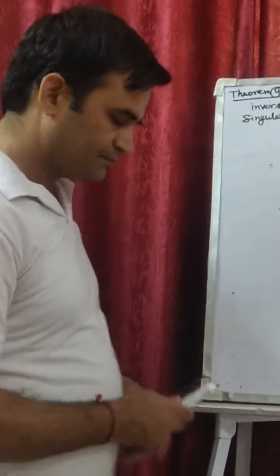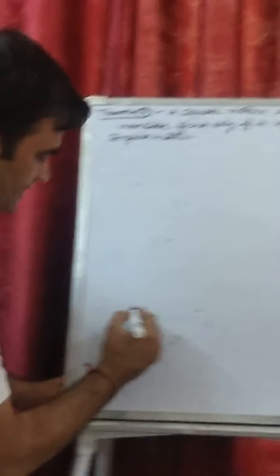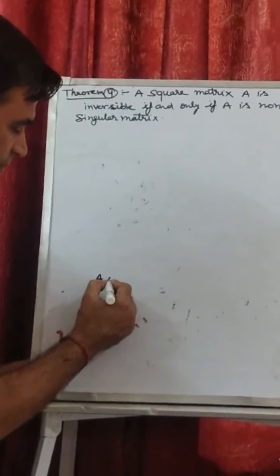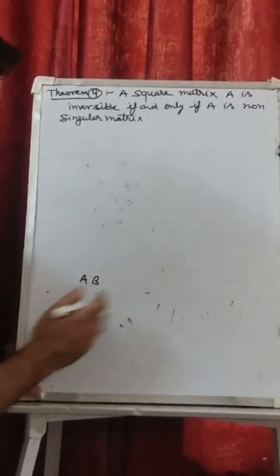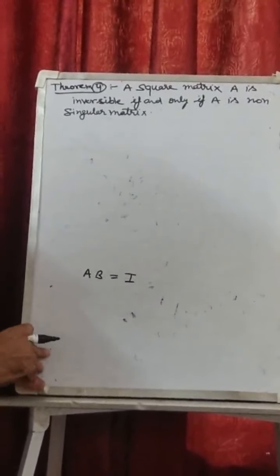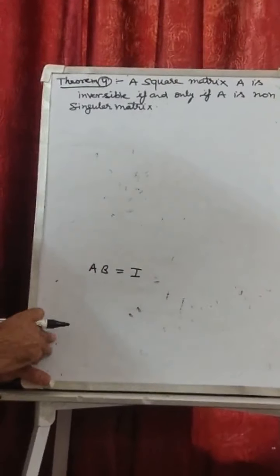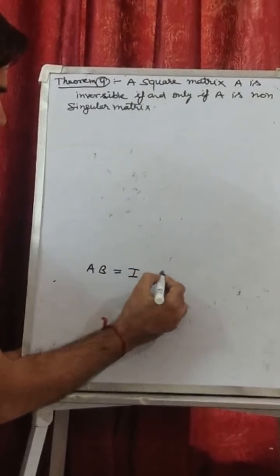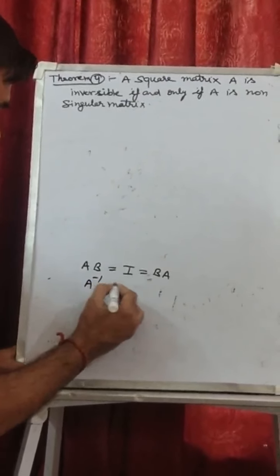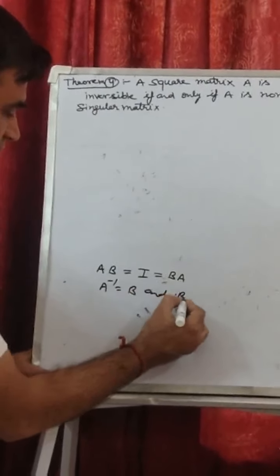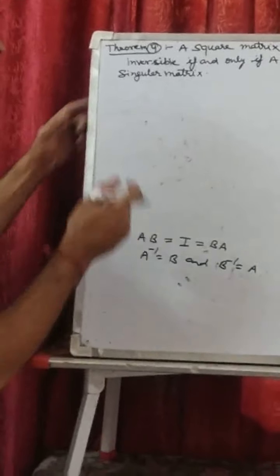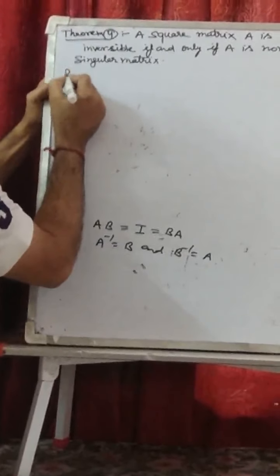Suppose A कोई मैट्रिक्स है और उसी के सेम ऑर्डर की हम कोई दूसरी मैट्रिक्स अगर फाइंड कर सकें such that their product is I, then A is invertible. If we have AB equal to BA equal to I, then we say A inverse is equal to B and B inverse is equal to A. यह हम मैट्रिक्स में पढ़ चुके हैं. तो इसी का एप्लीकेशन यहां पे हम करेंगे, उसकी हेल्प से हम इसको प्रूव करेंगे.